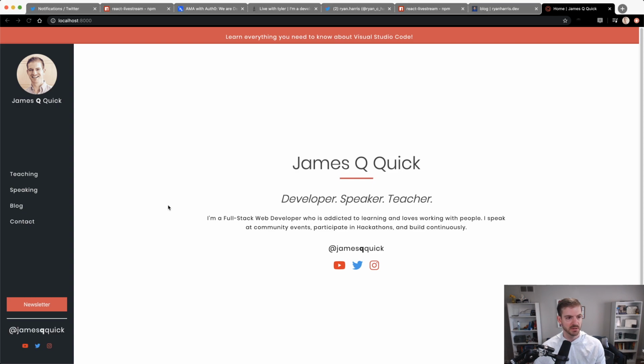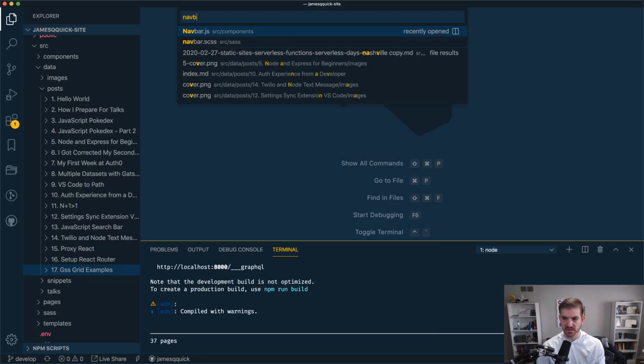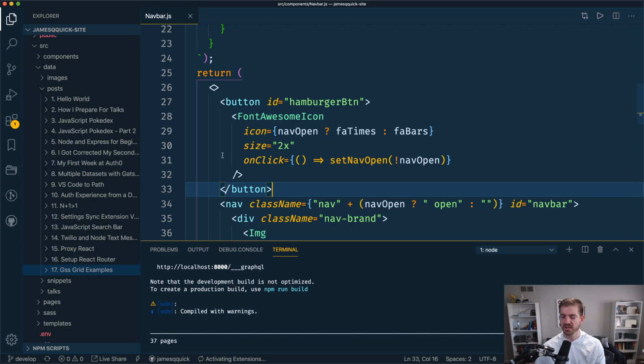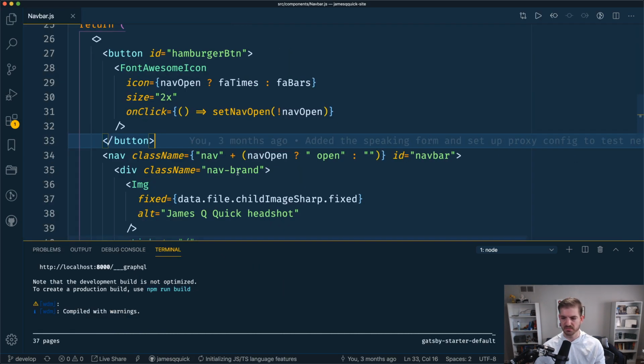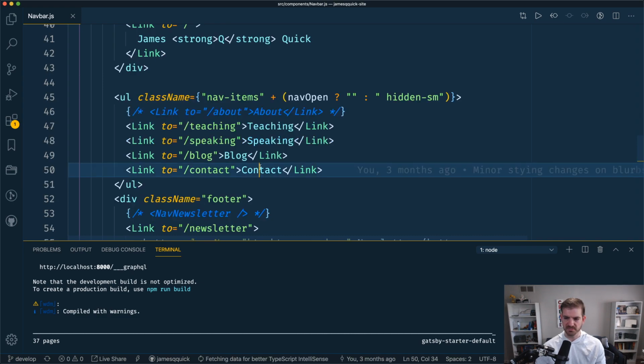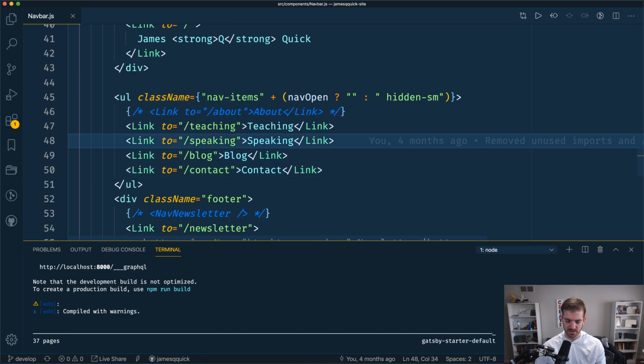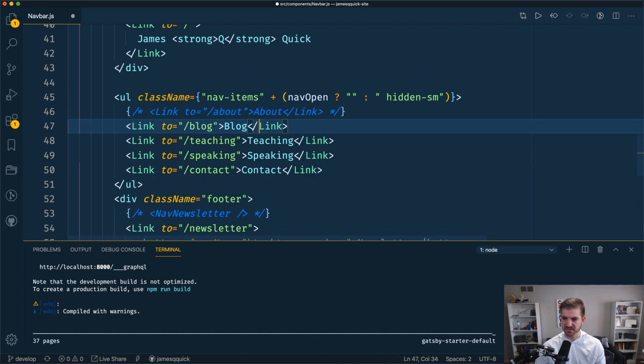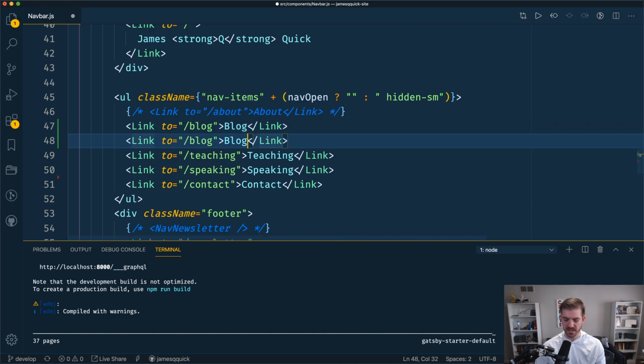So let me come back and open up the nav bar, and get a little bit more space. Inside of here are all of my links. I'm going to reorder these to put blog up here, and then have one that's live, and it'll go to